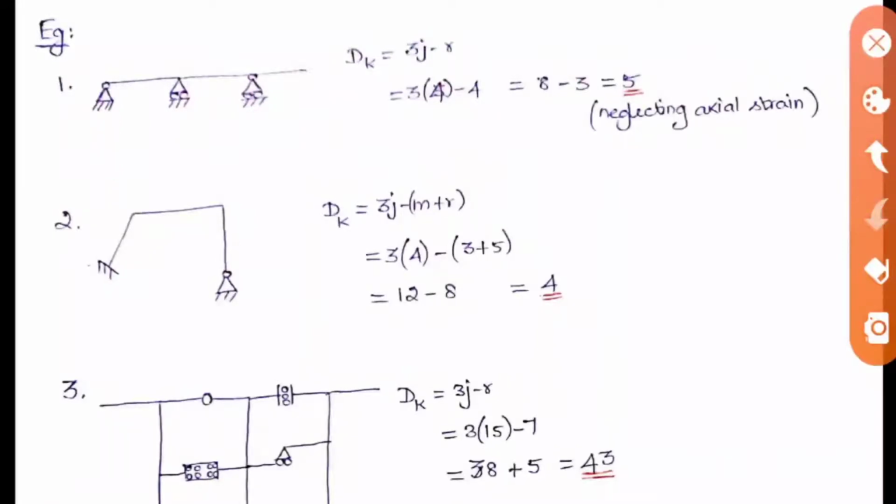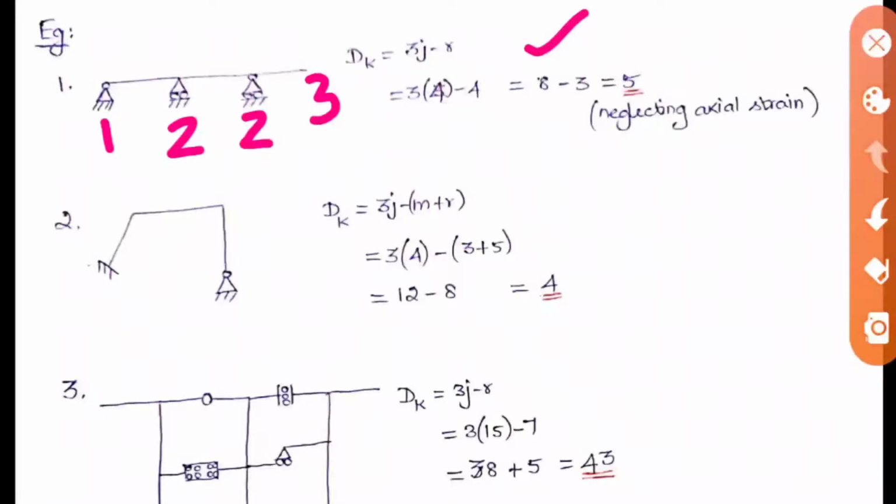Let us do the same with the degree of freedom directly. The degree of freedom for the hinged support is 1. For each roller support it is 2, and for the free end the degree of freedom is 3. When you sum it, it is 8. So you get the answer 8. When neglecting the axial strain, it will again be 8 minus 3, 5. So this is another method. If it is a very large structure you can go directly for the formula, because that is easy for finding the joints and members. If it is a very small structure you can calculate directly, which will also be very easy.